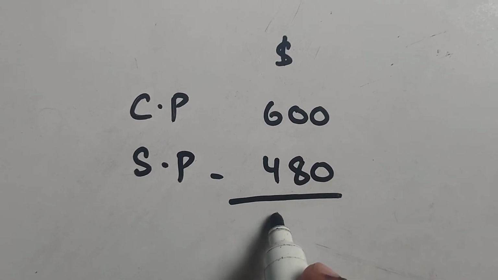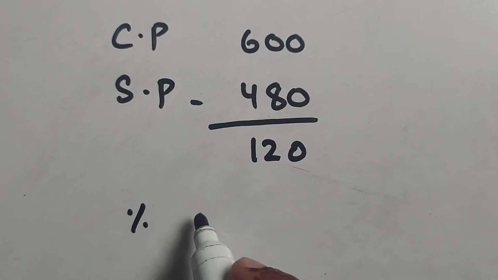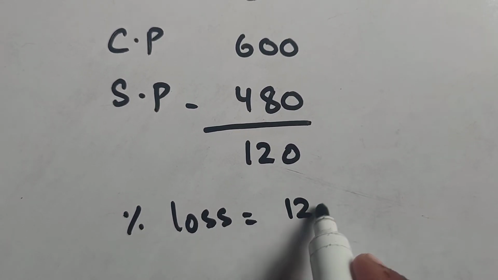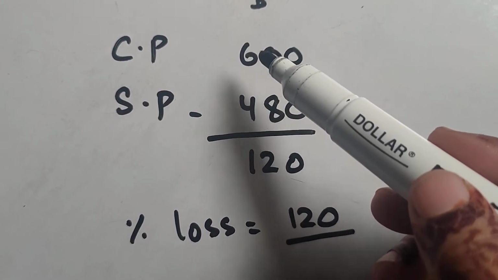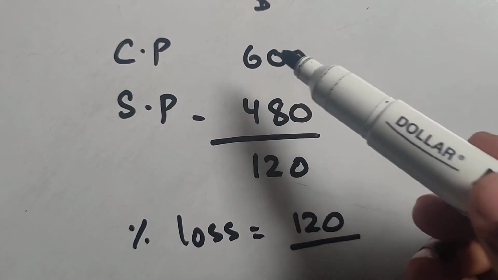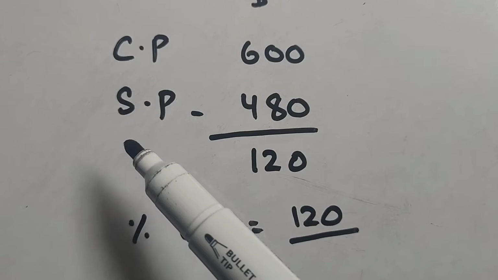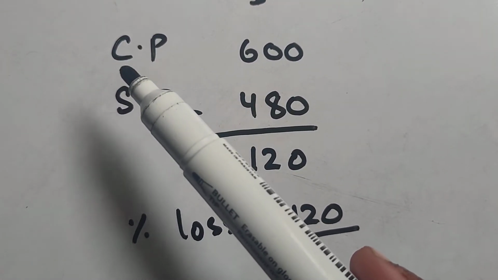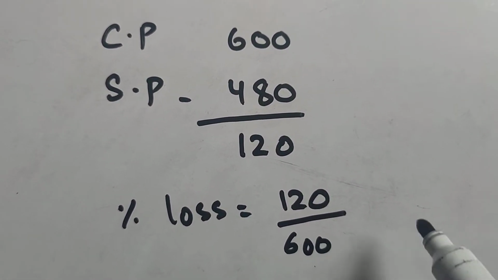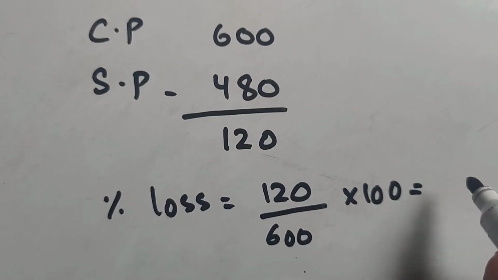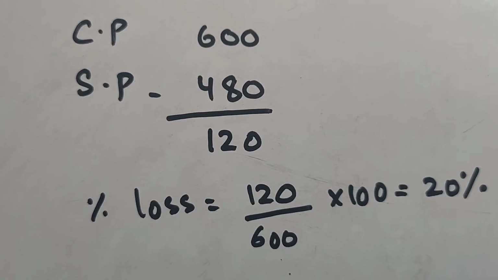So students, here we have a loss of $120. This is the loss, and now the percentage of this loss, we'll simply divide this 120 with cost price. Okay students, you just have to focus on cost price, and remember, you will not divide the loss or profit with the selling price, but always with the cost price in order to find out the loss or profit percentage. So we are going to divide it with 600 and multiply it with 100 in order to get the loss percentage, which is 20% of the cost price. So these were the two very simple